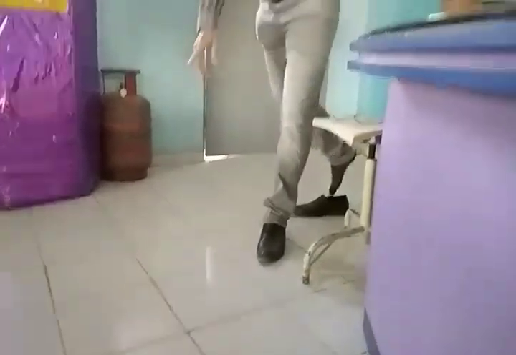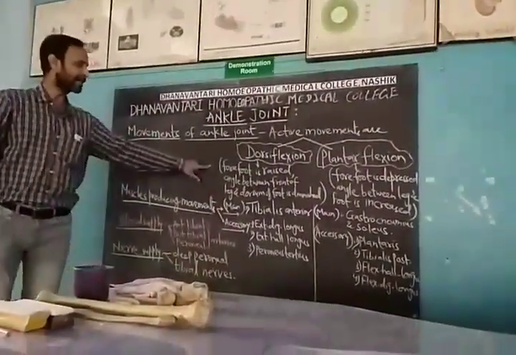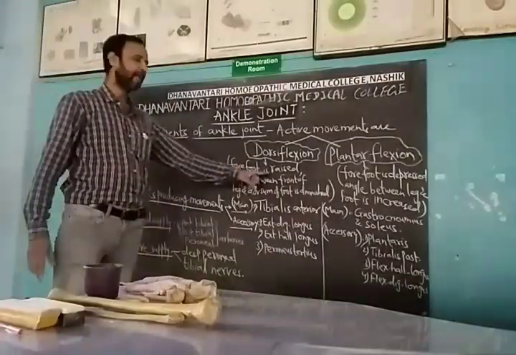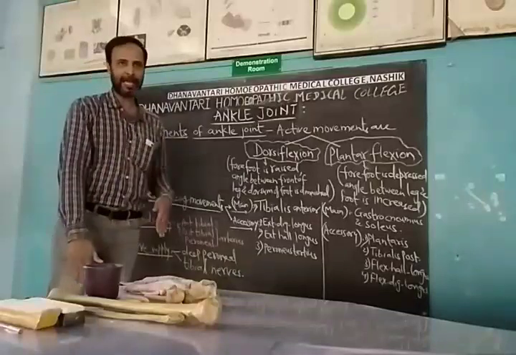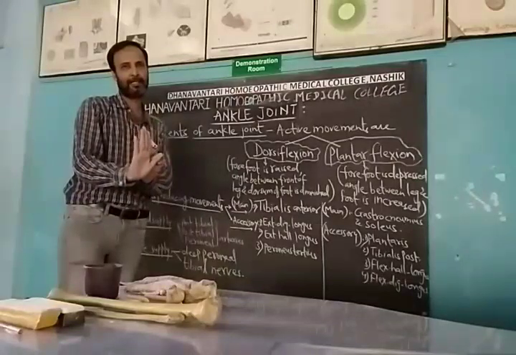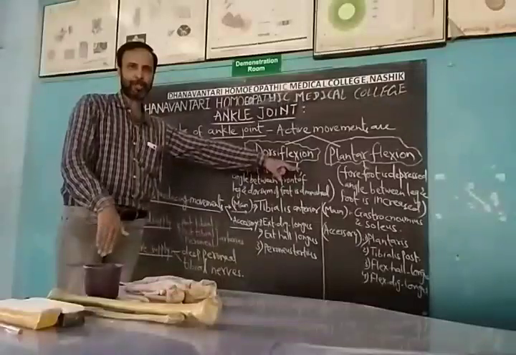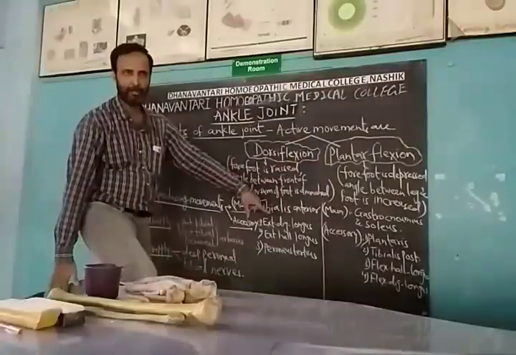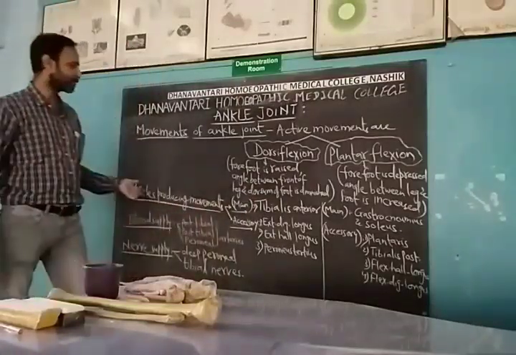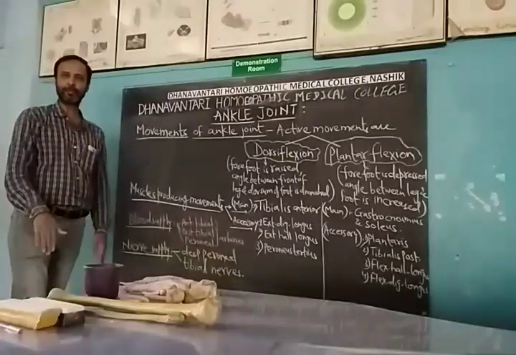Clear? We'll see now what muscles support them. Dorsiflexion, as I have already said, is when the forefoot is raised, and the angle between the leg and the dorsum of the foot is diminished, because this angle will be less. And in plantar flexion, the forefoot is depressed. Therefore, the angle between the lower part of the leg and the dorsum of the foot will be increased. So the muscles, of course the tendons, which are present anteriorly and posteriorly, are the extensors and flexors.